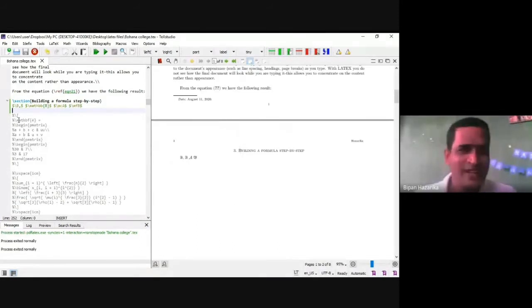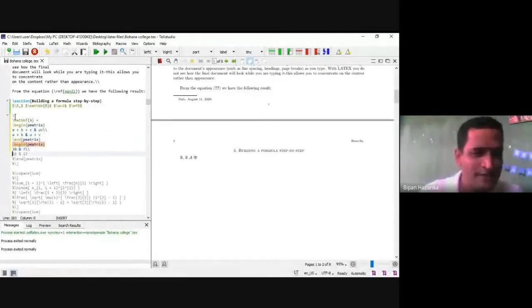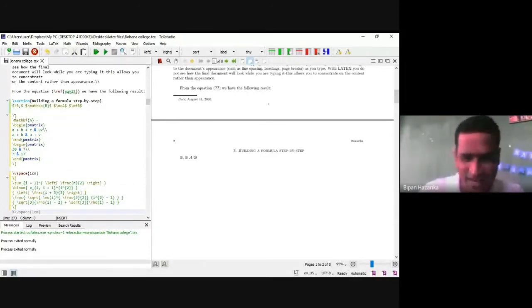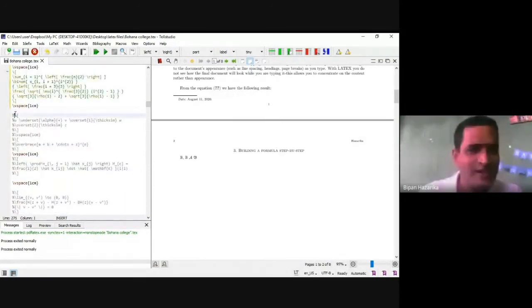Now I write some mathematical expression. Matrix was most probably discussed in the previous class. How can you write a matrix? Within the array environment also we can write a matrix. Then I will run, and you see the different mathematical expressions.